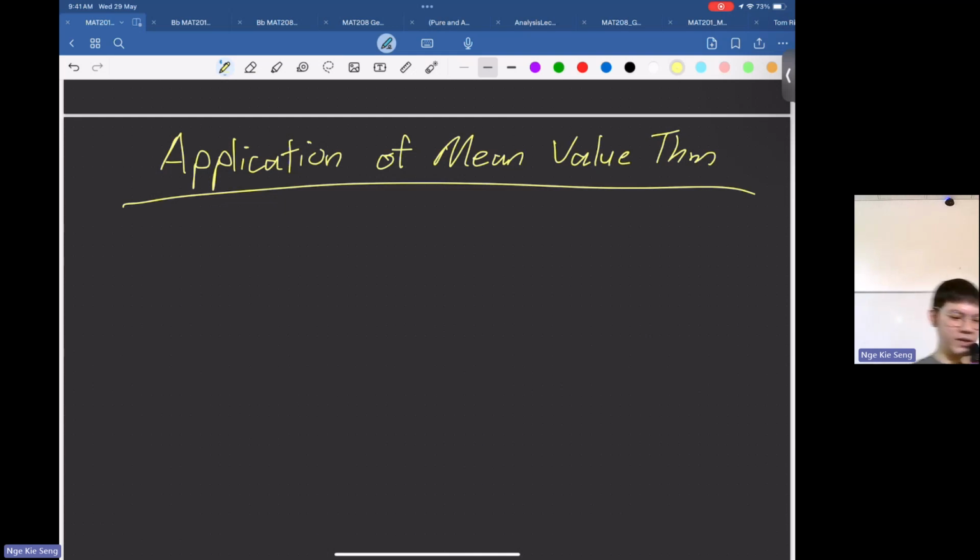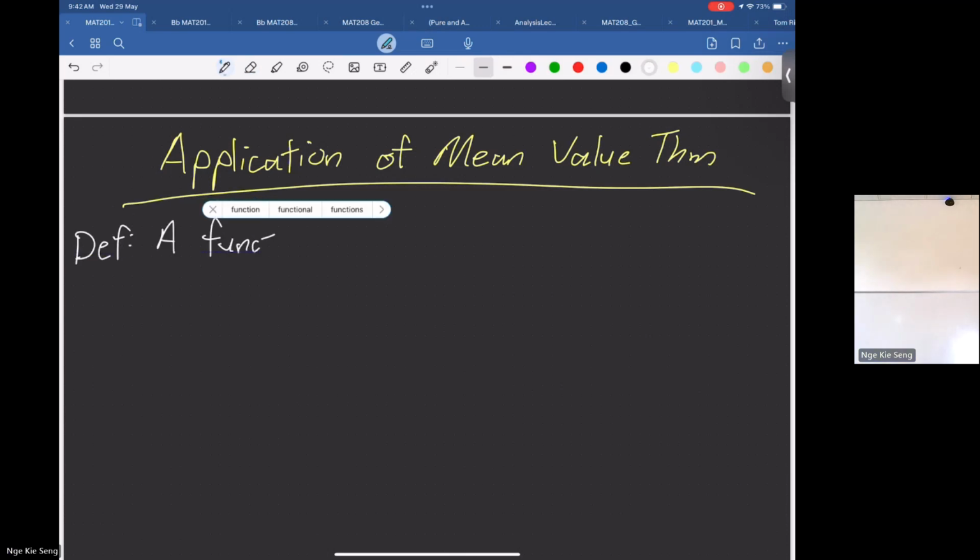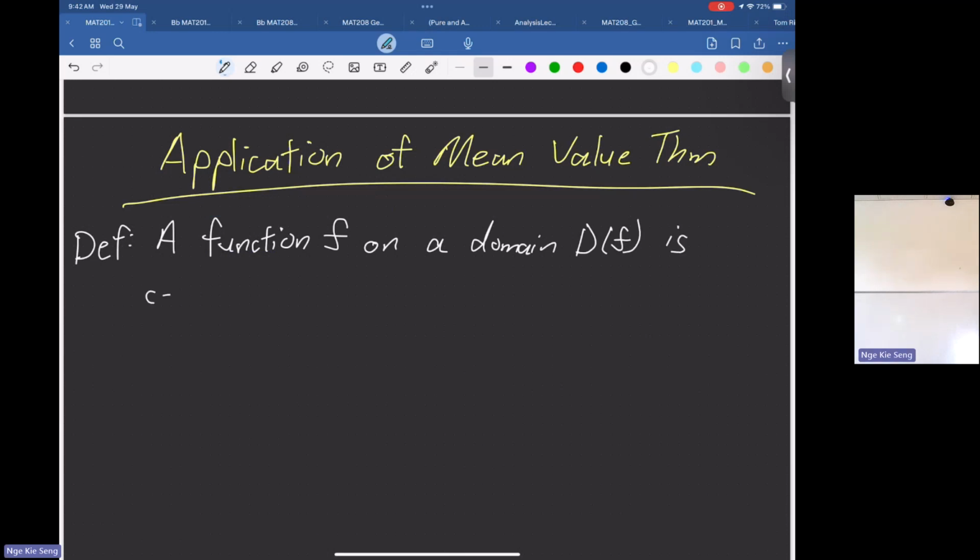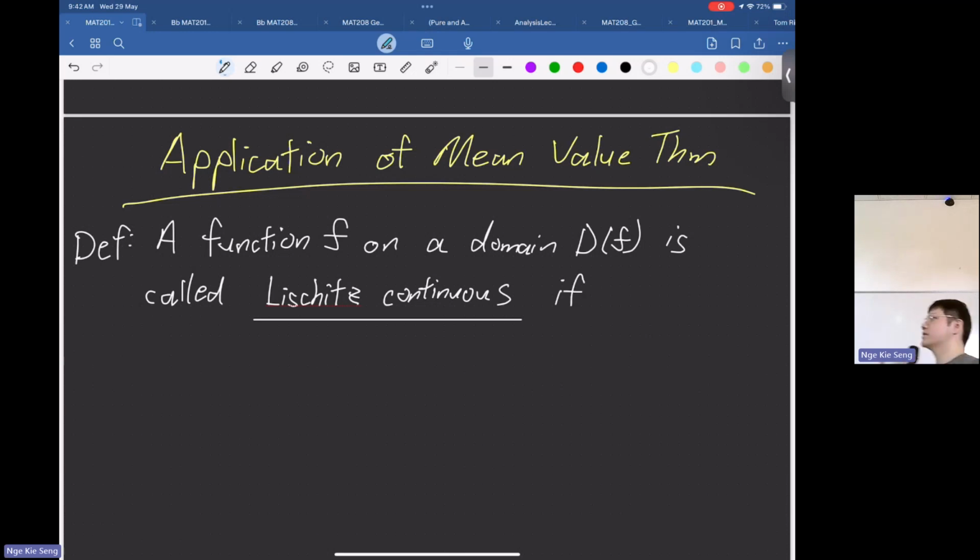So for example, let's introduce one definition first. A function f on the domain Df is called Lipschitz continuous. Lipschitz continuous. Okay. So what does a Lipschitz continuous does? If okay, so you see this is the terminology. 这是数学的语速了。